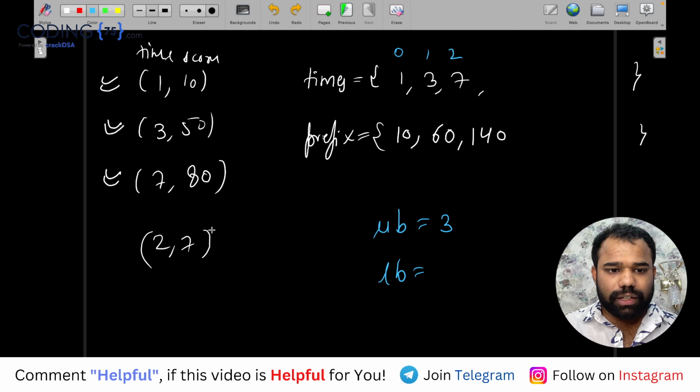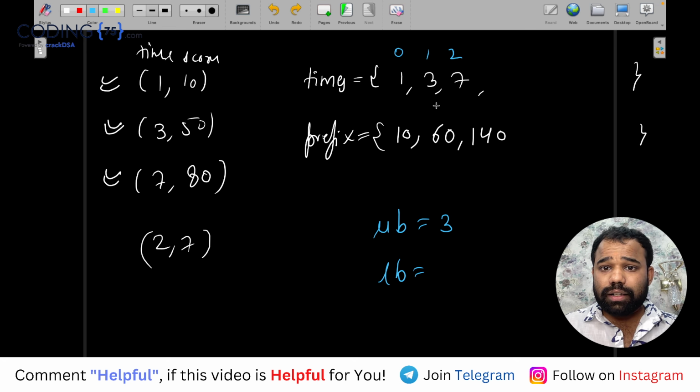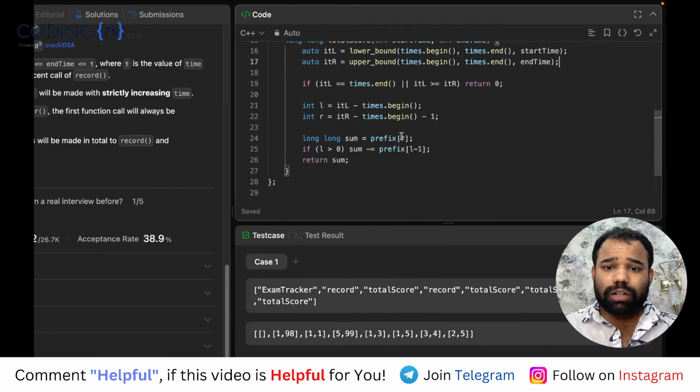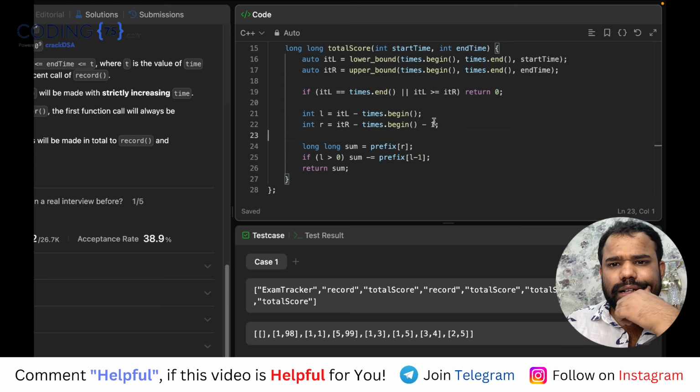Now what I will do, if it is lower bound and upper bound, then lower bound of 2 will be 3, because lower bound is the index of a number which is greater than or equal to. Okay, it will come as 1. Now, एक दिक्कत है इसमें, how it works, because upper bound